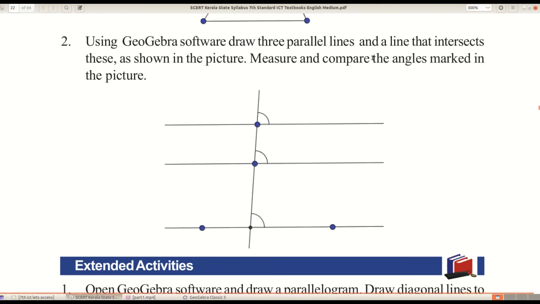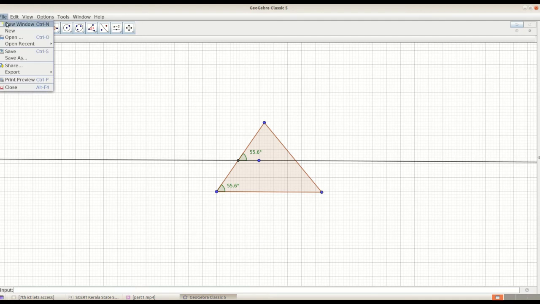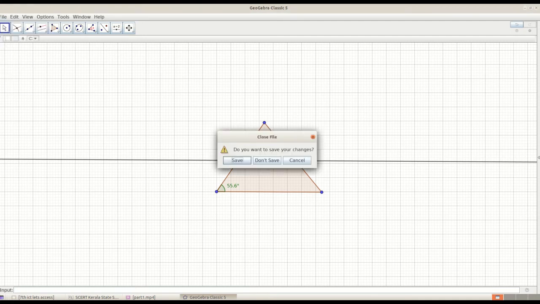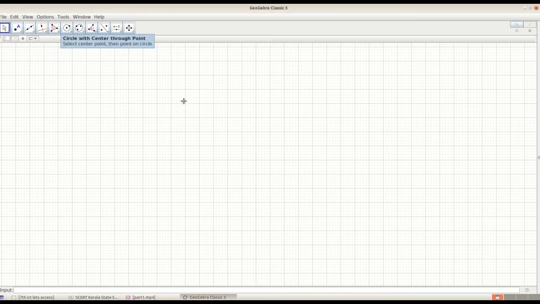First of all, take the software GeoGebra and then take File, New. If it asks whether you want to save, choose don't save. Then we are going to draw a parallel line.